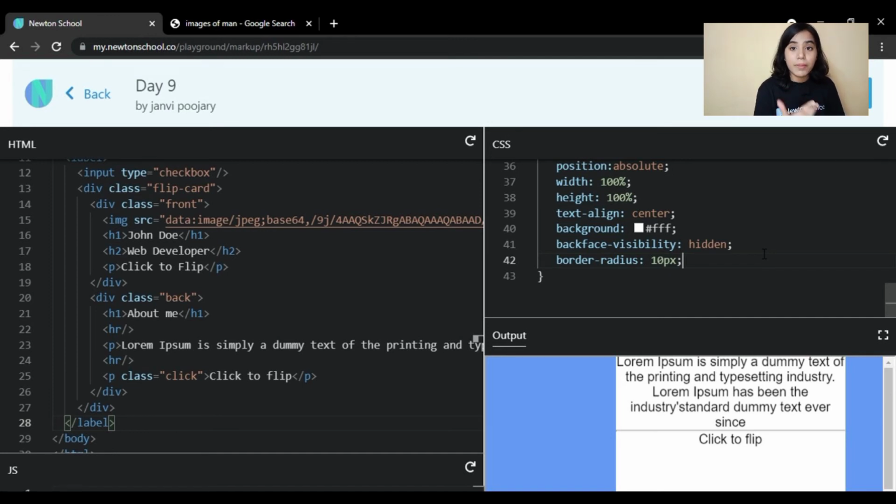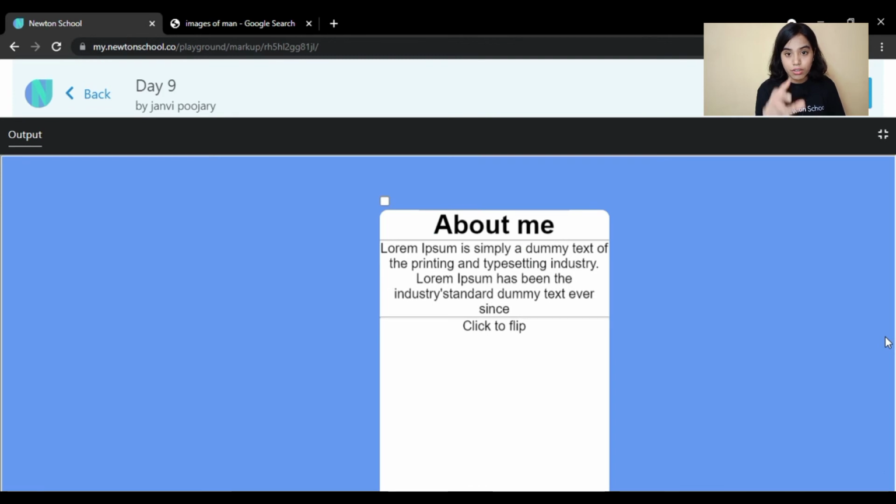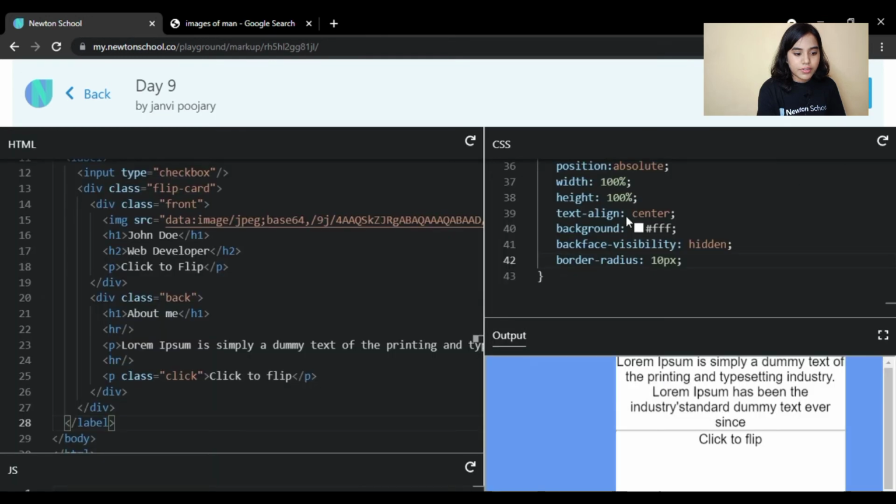Now here when we'll flip our card, when we want to rotate it, we don't want to see its mirrored image, we want to see the back part, the part which we will be designing here, the white part, right? We don't want the mirrored image of the front thing, right? So that's why we will say backface visibility should be hidden. Now next we will target our back, and we will say that rotate X. This is your choice. If you want to do it, you can do it.